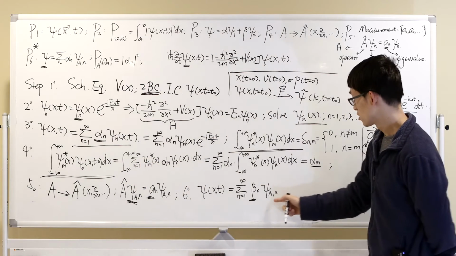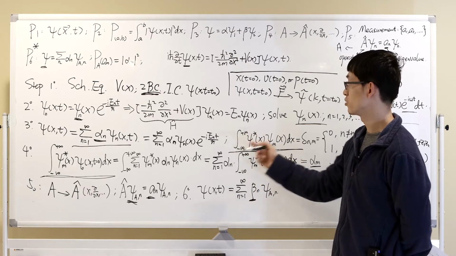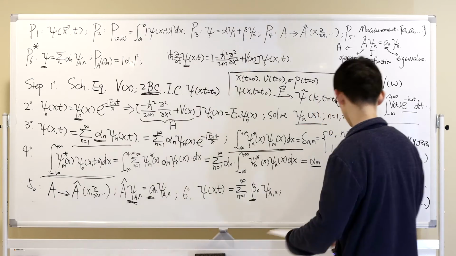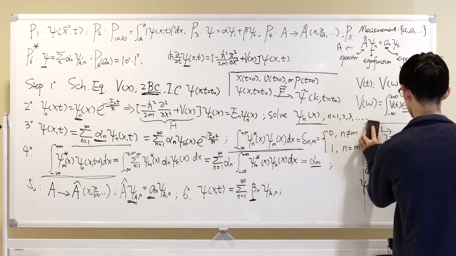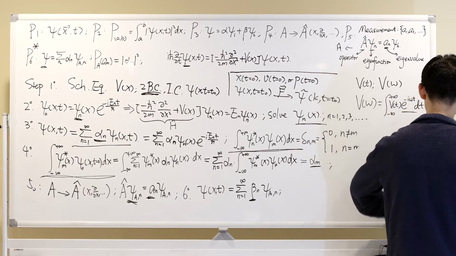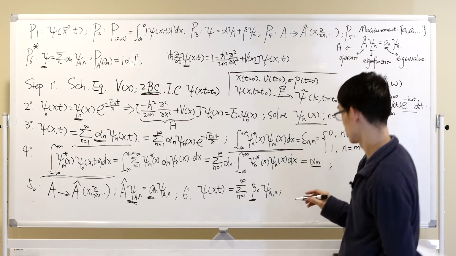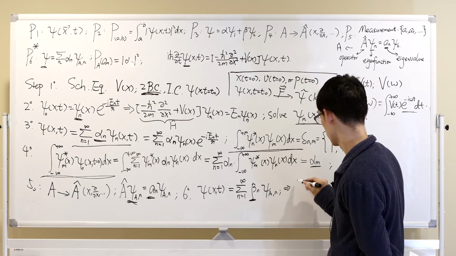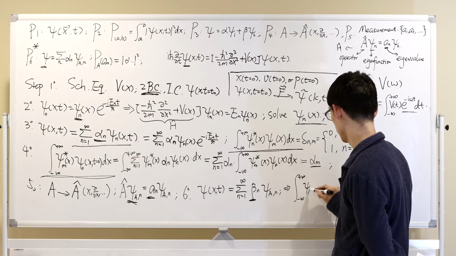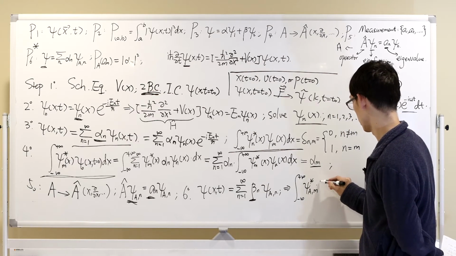So how do we do this? How do we know beta n? Beta n, again, you use the same trick as step 4. What you do is that you use the orthonormal condition of the eigenstate. So you apply psi A m conjugate and then x